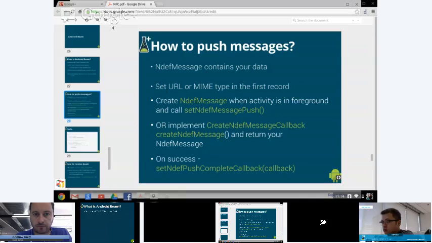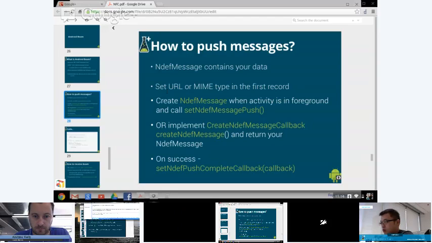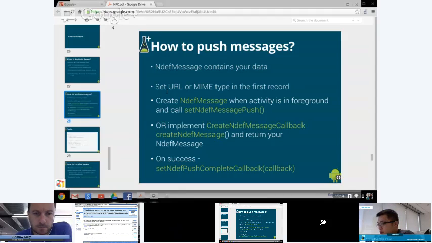Depending on what state your activity is in, for example, if you're on YouTube and you have some URL that you're watching right now, which you want to push to the other person, there is some context here. So you would use this callback implementation and create the NDEF message appropriately, using the context from your activity and embedding that data onto the message. When this is done, what you get is a callback called setNdefPushMessageCompleteCallback. This is the callback that's invoked when the system is able to reliably beam the message to the other device.